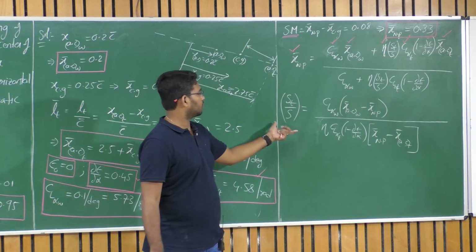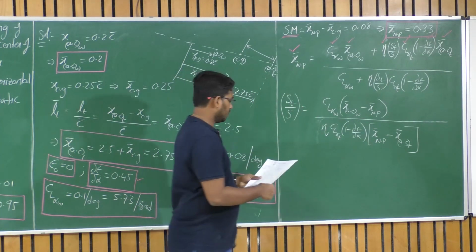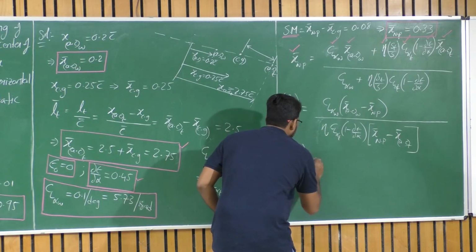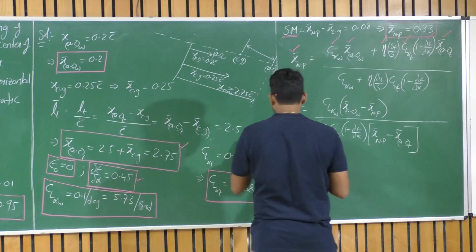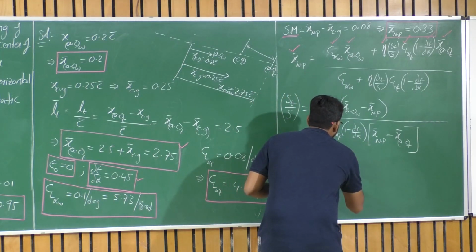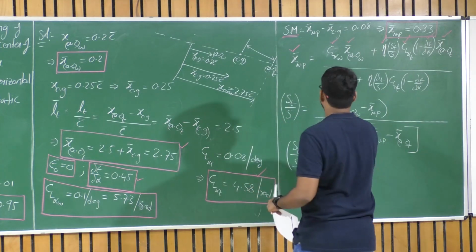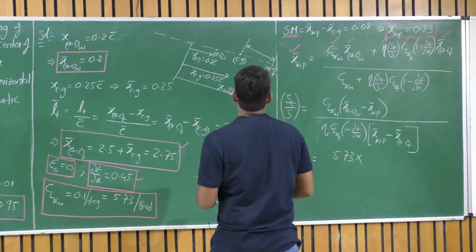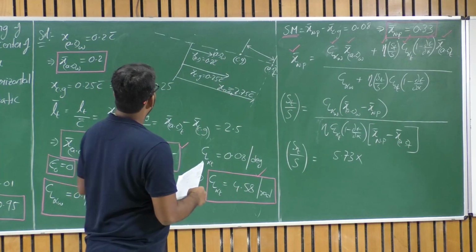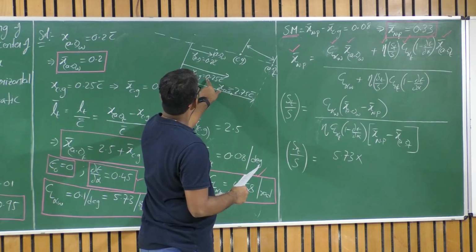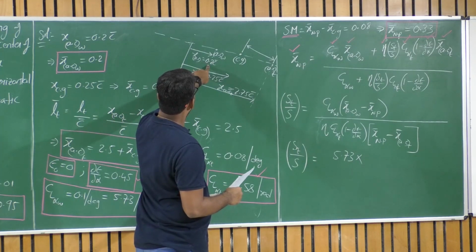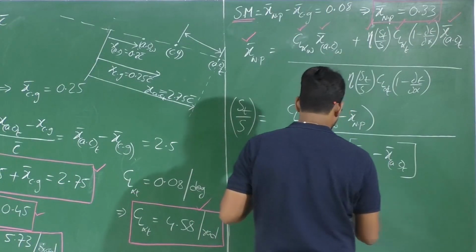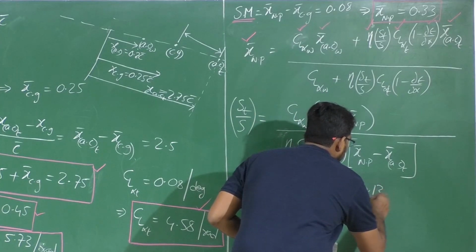So negative upon negative, what you have, the ratio is positive here, St upon S. So if you can substitute these values here, so CL alpha of wing is 5.73 per radian multiplied by XAC of wing minus x neutral point, which is about 0.2 minus 0.33, which is minus 0.13. Okay, so this equals minus 0.13 upon,